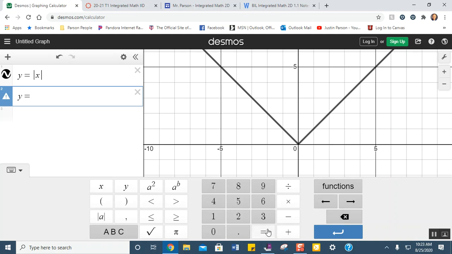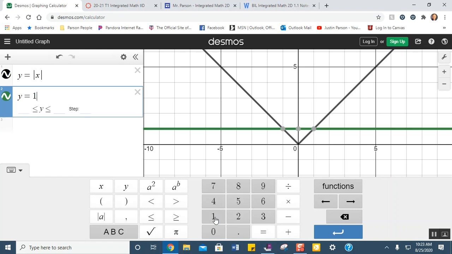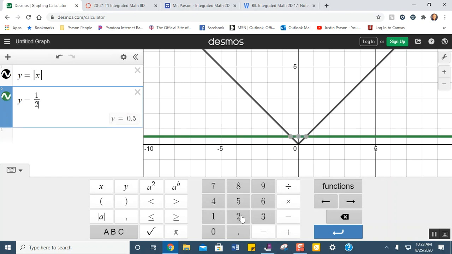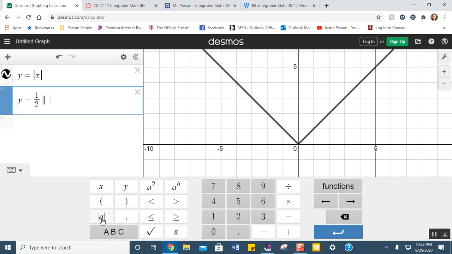Y equals 1/2, and then we want the absolute value of x. Now, if you notice right here, our parent function here in black, and then our new function, 1/2 absolute value of x in green,